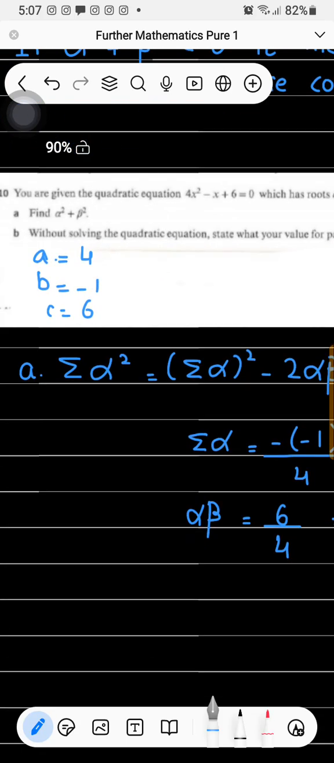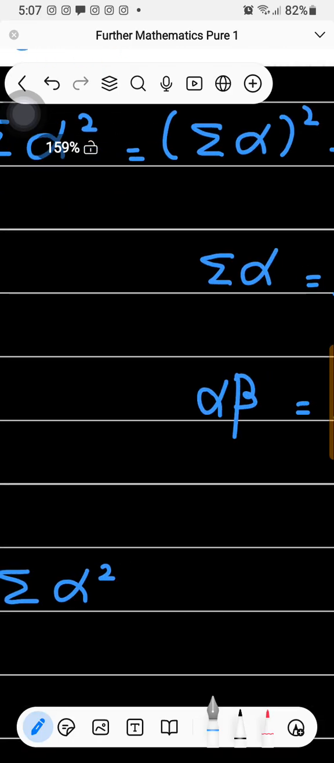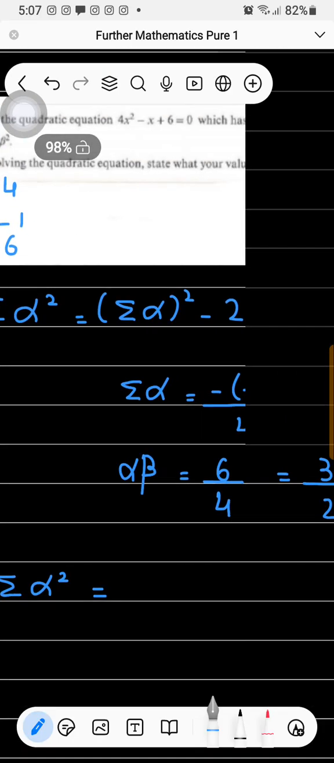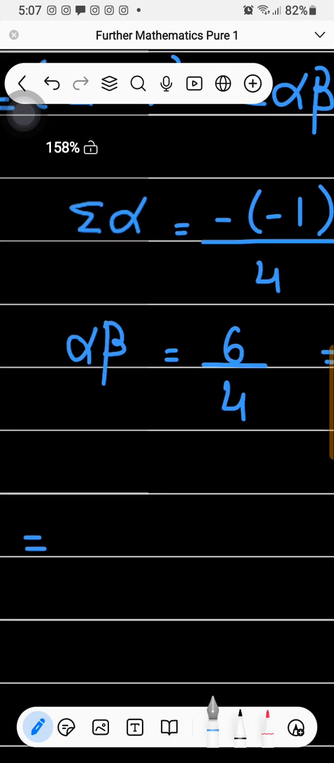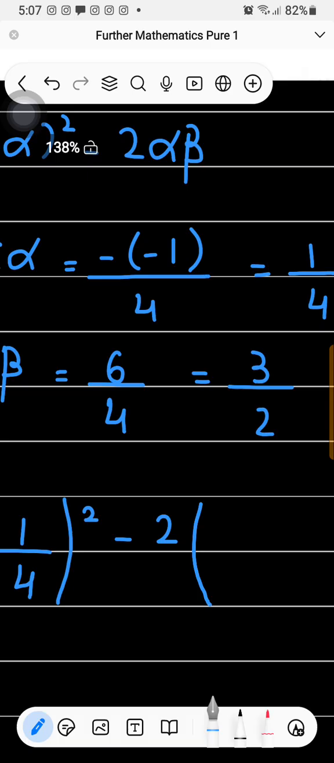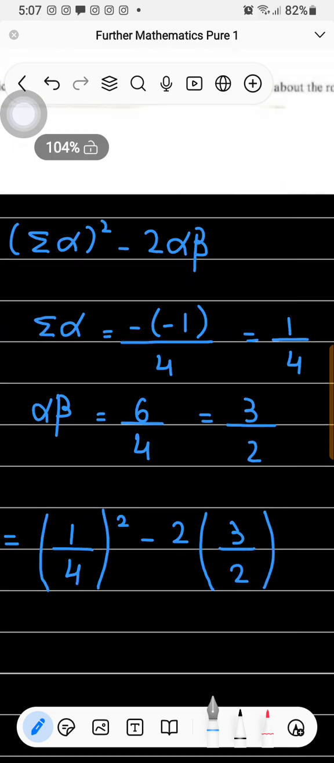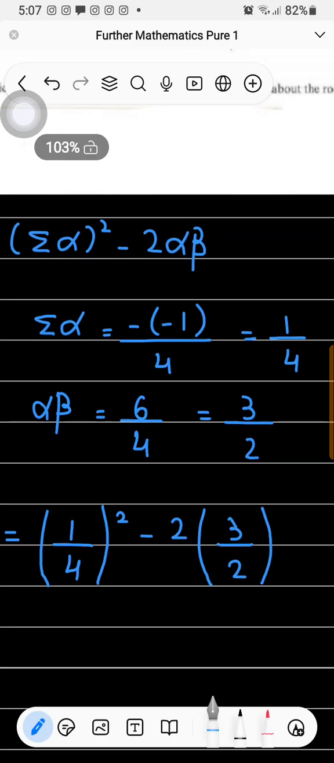Okay, so sum of alpha square we can find out now. It is equal to 1 upon 4 whole square, means sum of alpha whole square, minus 2 alpha beta, means 3 upon 2 here. So what are we getting? We are getting minus 47 upon 16. Okay,